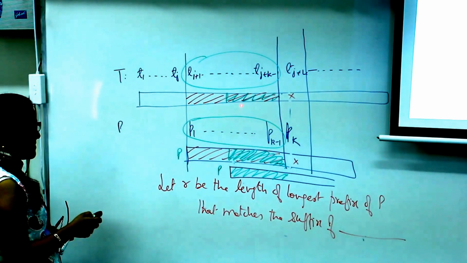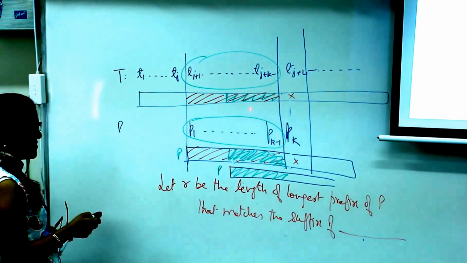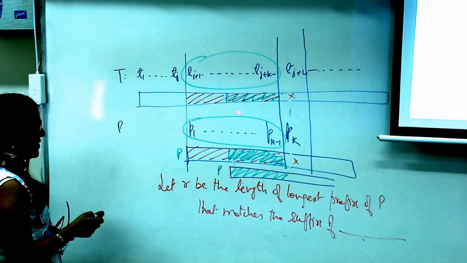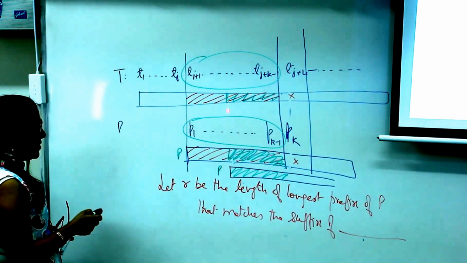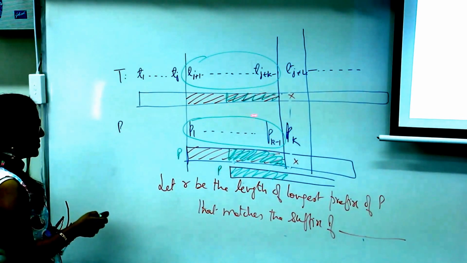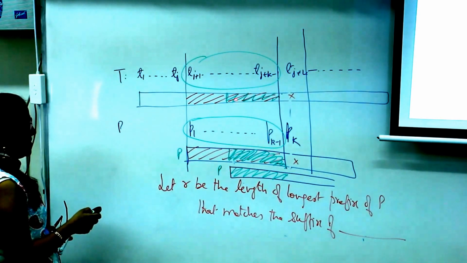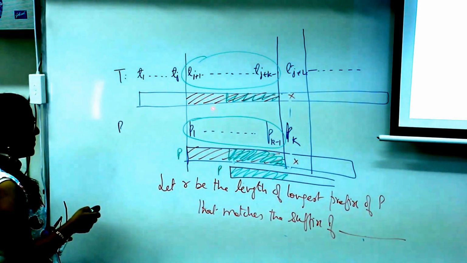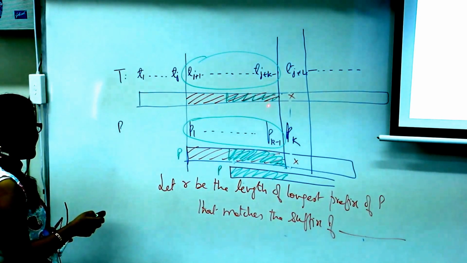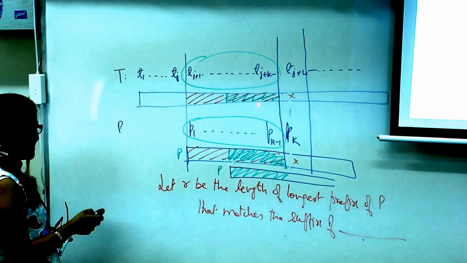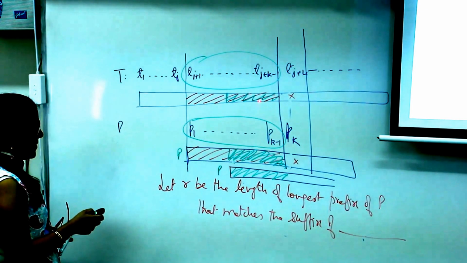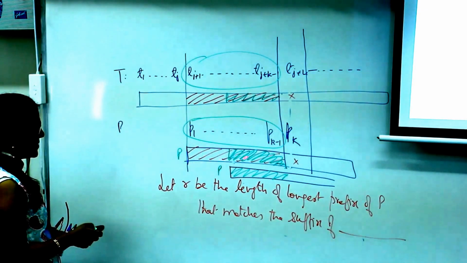So, but your last statement. So last statement, look at the board. So this part of the pattern should match this part of the text, right? What is this part? This part is the suffix of the red part in the text that you had initially started matching. Yeah. This red part is same as this red part of the pattern.